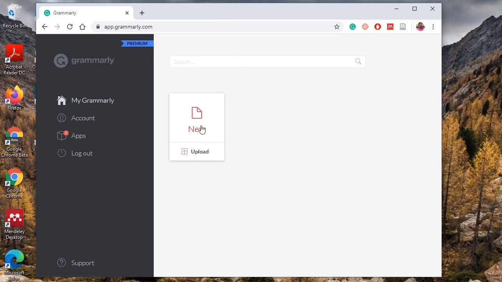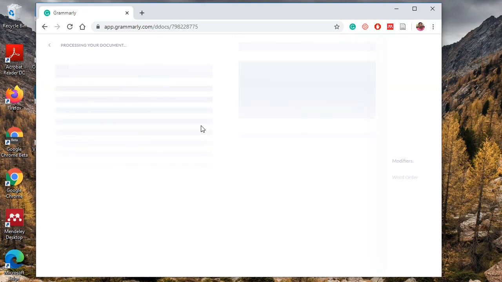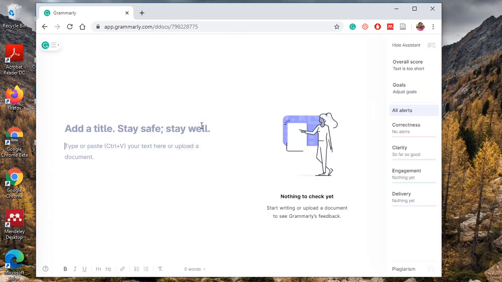Now you click on New. Now I have to paste the document here. When we see this interface: overall score, goals, all alerts, correctness, clarity, engagement, delivery, and the last one is plagiarism.